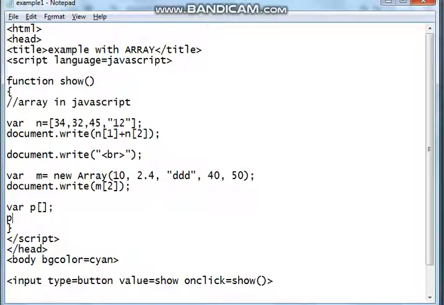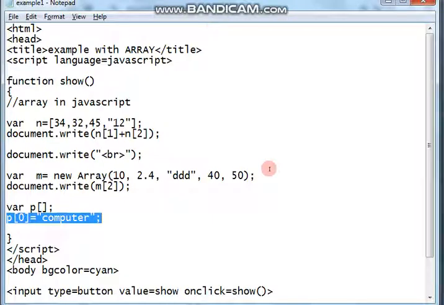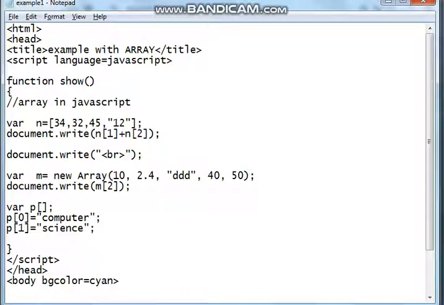Later on I'm writing p of 0, p of 0 equal to anything. Suppose I'm giving computer. Fine. Then p of 1 I'm writing, suppose science. Fine. So now later on I want to print the value.